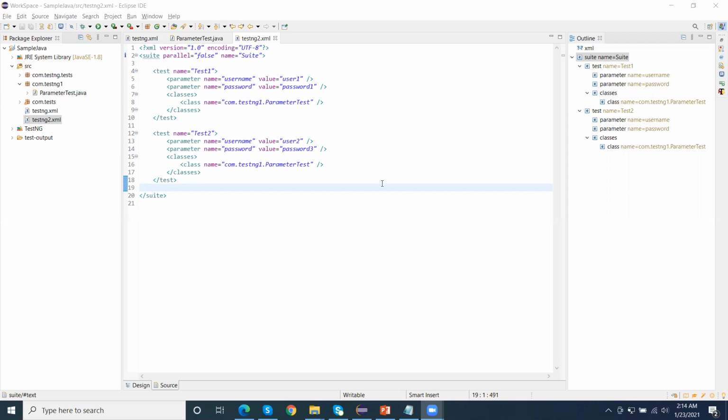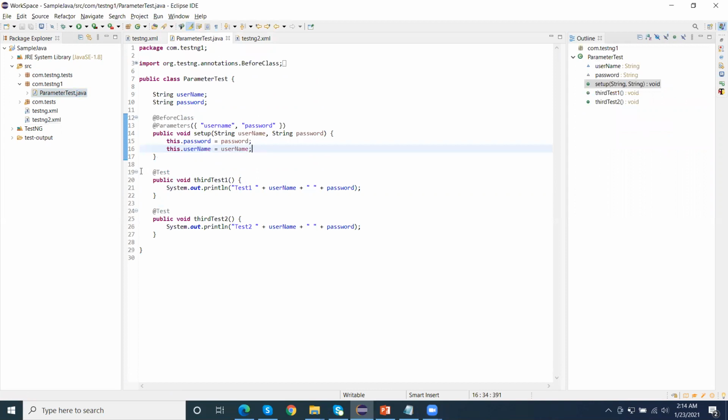Now here, this is our class, ParameterTest. It contains two methods, test1 and test2, right? And if you want to run the complete Java file containing all the tests, currently we have two tests.